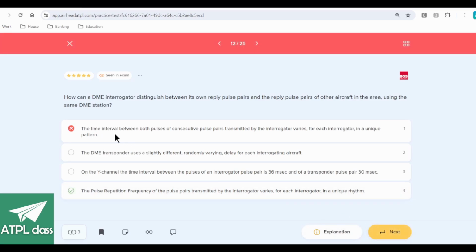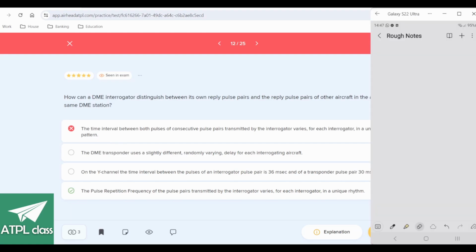So what is the difference in those two statements really? The time interval between both pulses of consecutive pulse pairs varies for each interrogator in a unique pattern. The pulse repetition frequency of the pulse pairs. So it's the gap in between. That's what the first one's getting at. The first phrase is saying that this bit in here, in between these two pulses, this varies. Whereas the other bit is saying the amount of these come out per second varies. And it's kind of pretty similar thing, but